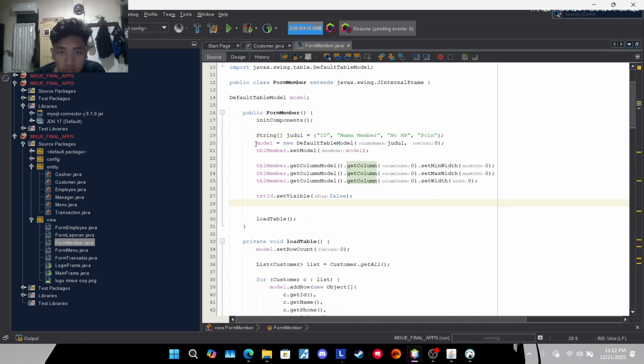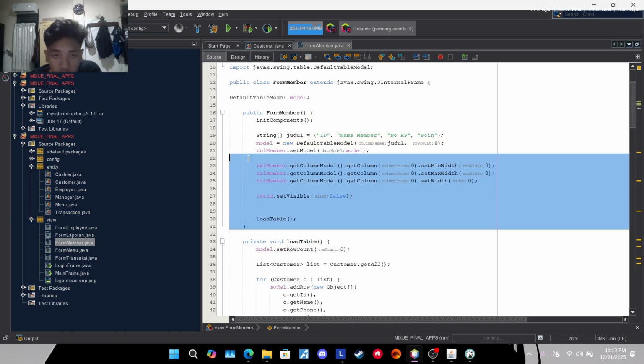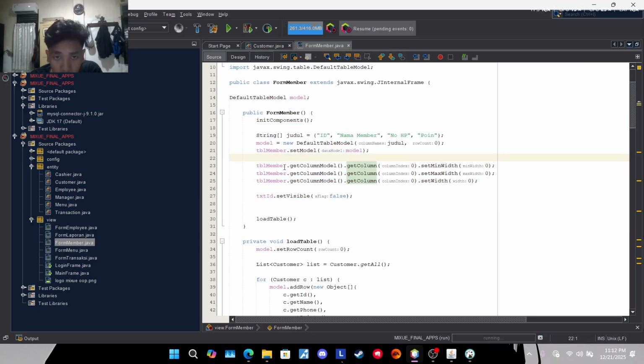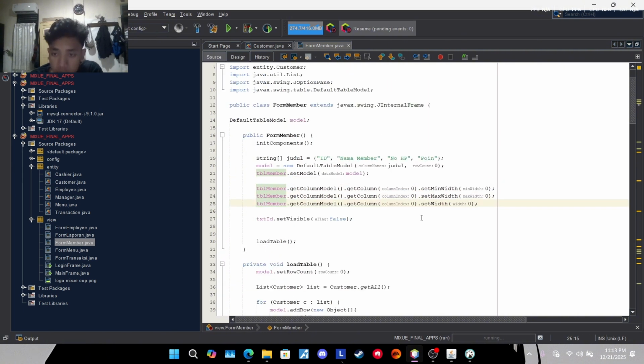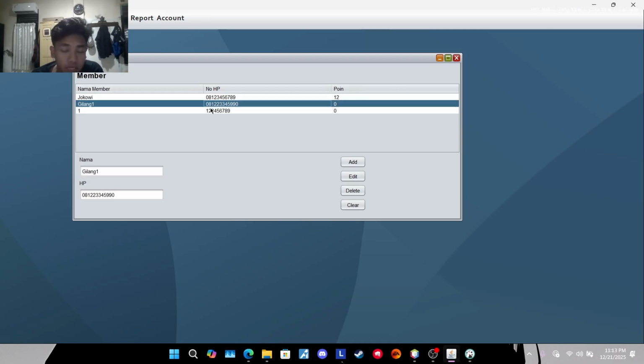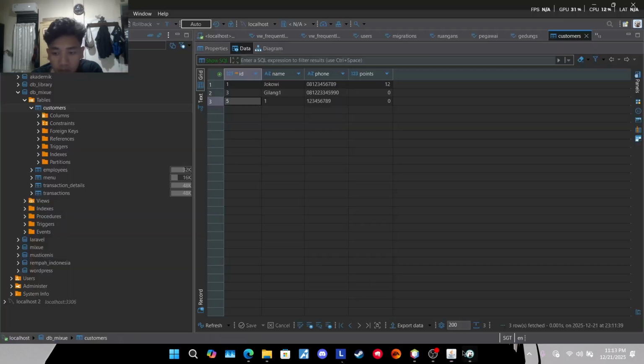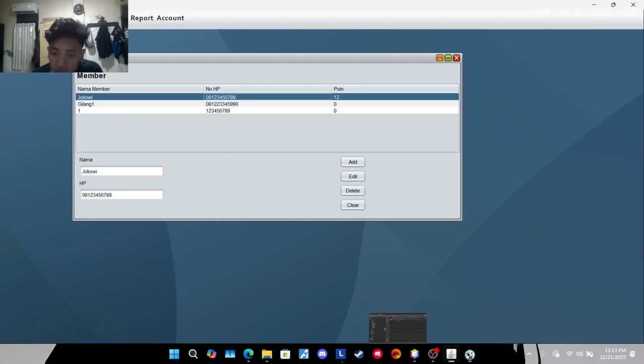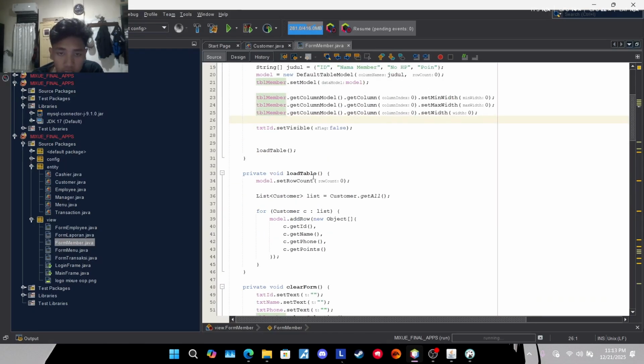And after that, we are creating this constructor. Like this is get column model, table member, like that, to create this table: nama member, nomor HP, endpoint. So they will catch the database from my or our database of Mixu. Okay, after that, there is a load table method.